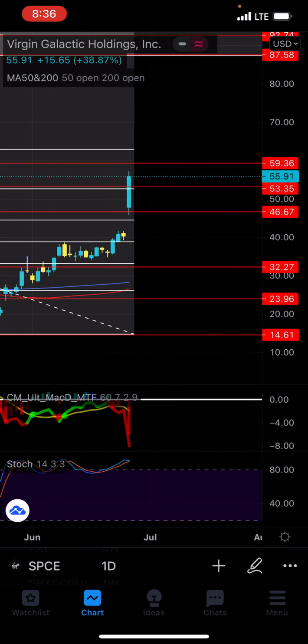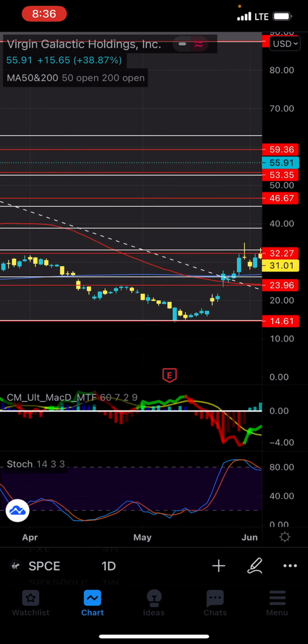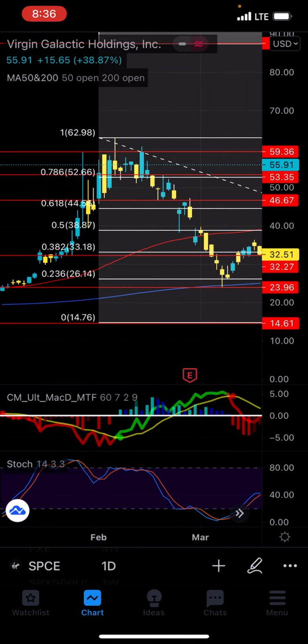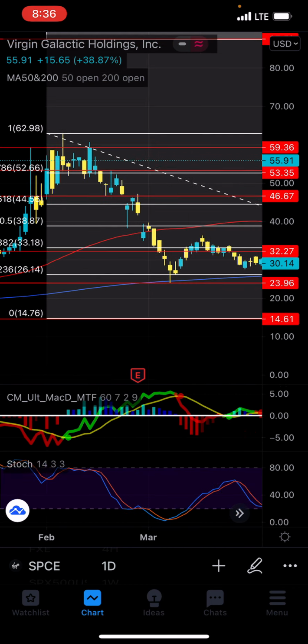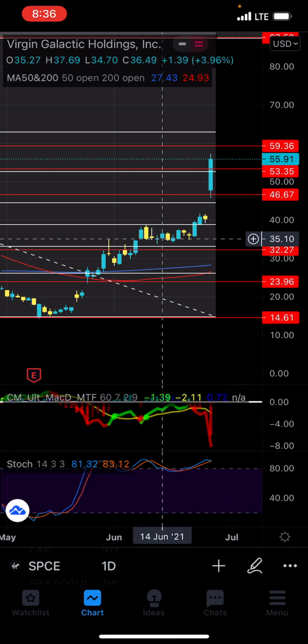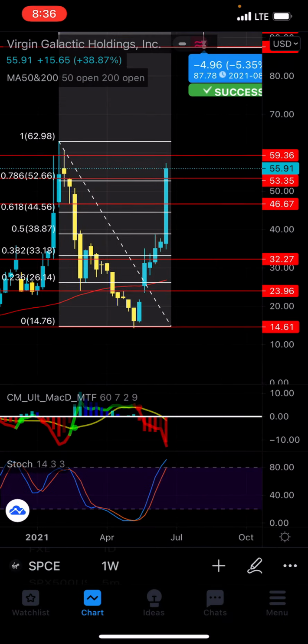Remember, we're only looking for breakout stocks that actually break their previous highs, or at least their relative highs, right? So the relative high of Space would have actually been up here at $63 or so, right? It wouldn't actually be this high right here. So I would not do this on the day chart. In this case, I would go higher time frame and I would do this on the weekly.